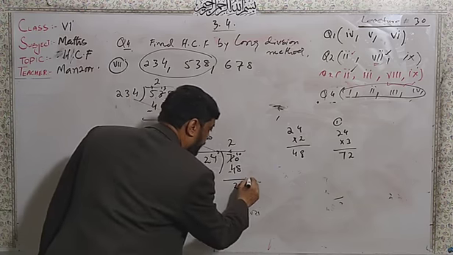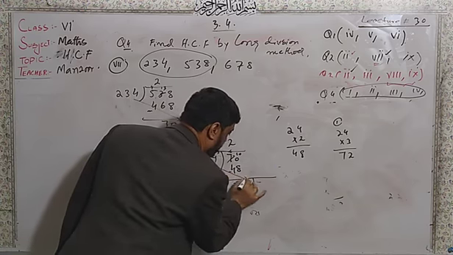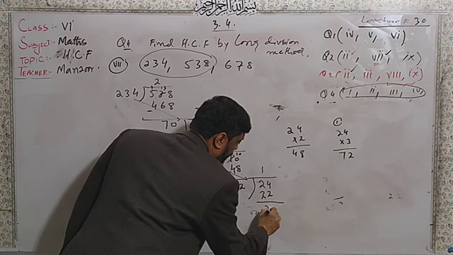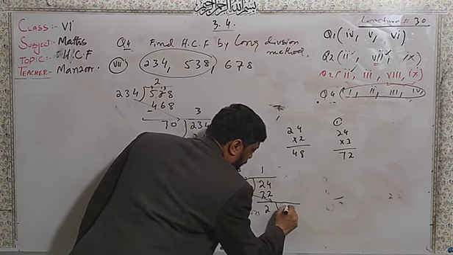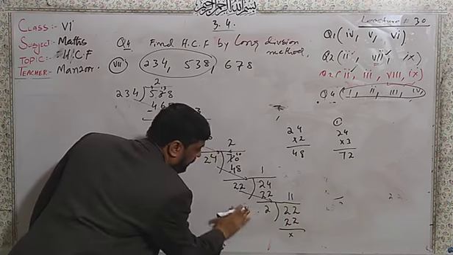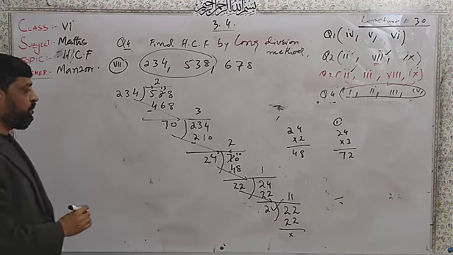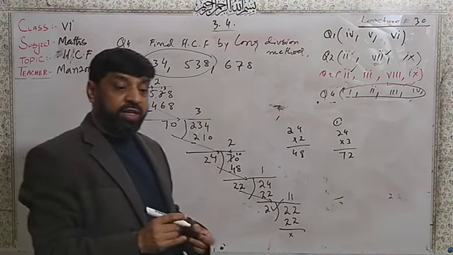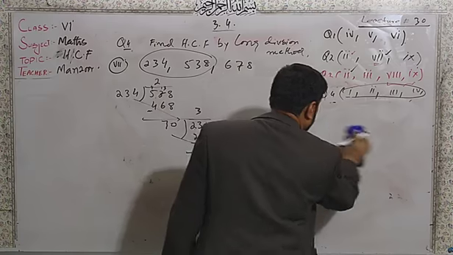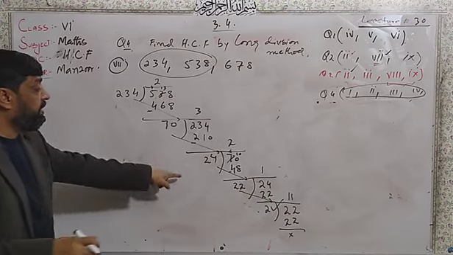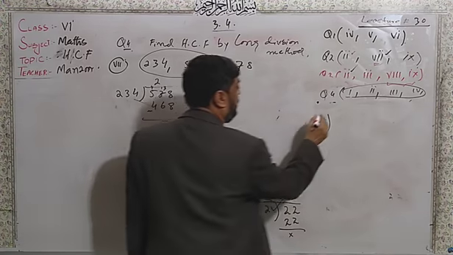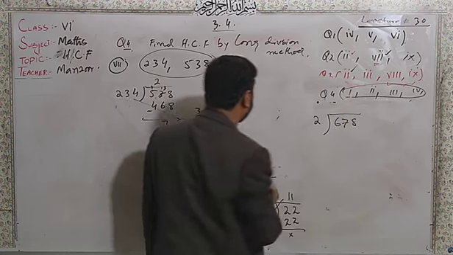Dear students, now here again I proceed, and this will become the dividend 24, and it will be 1 time 22, and we will get the 2, and again 22 will come here, it will be 11 times 22. Very sorry, it is in the bottom. Now this number 22 becomes the HCF. But for the third number, you have to divide the third number by the same HCF that we got in the first two numbers. Here I divide by 2. This same HCF will divide 678.